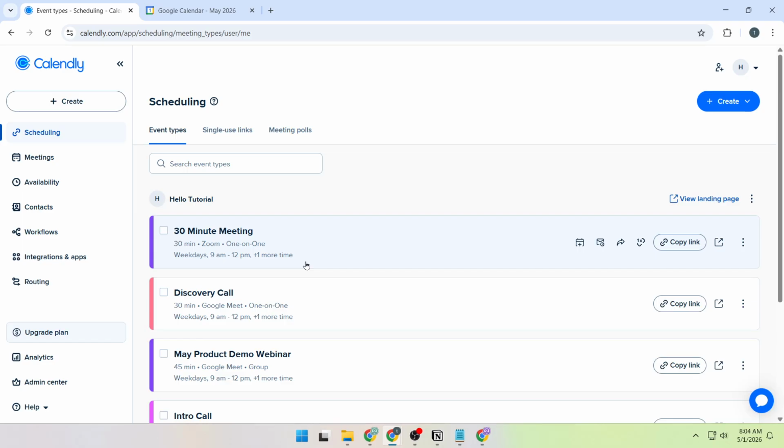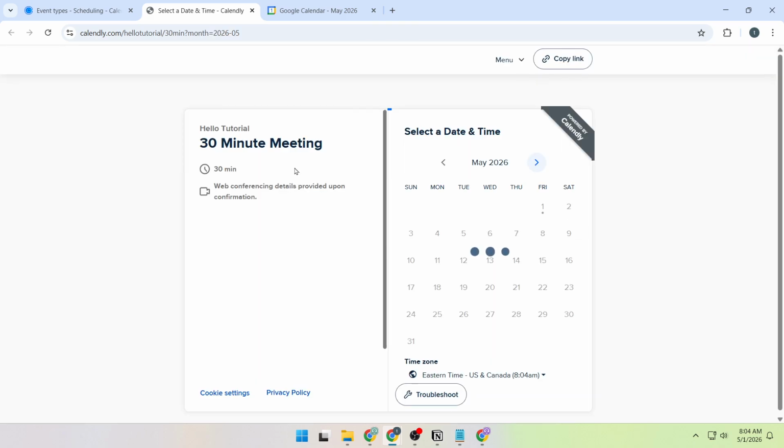Find the card named 30-minute meeting. On that card, click the Open Live Page button. It is the square icon with an arrow pointing out of it. Calendly opens a new browser tab with your live scheduling page. This is the same page invitees see when they use your booking link, so the availability shown here matches what